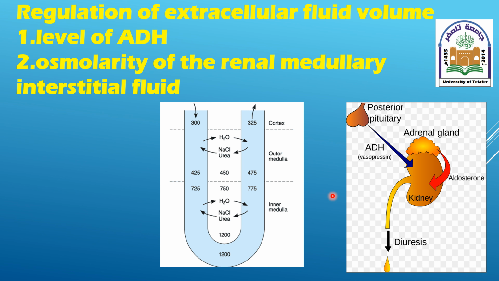Now, how does the kidney play a role in regulating body fluid volume? It is well known that the kidney has the ability to excrete as much as 20 liters of urine when the body fluid content is increased, as in patients with diabetes insipidus, who are characterized by absence of antidiuretic hormone and the passage of up to 20 liters of dilute urine,